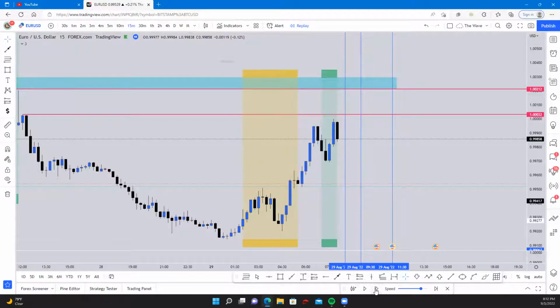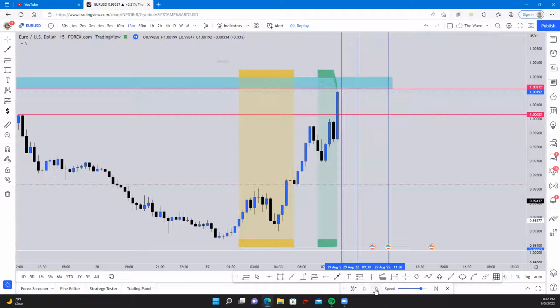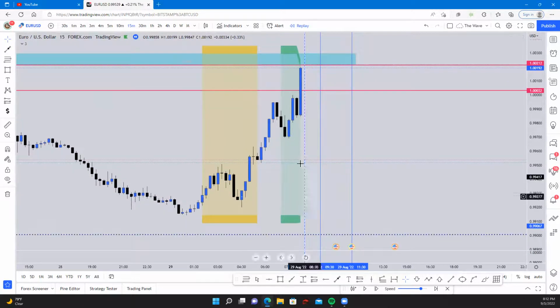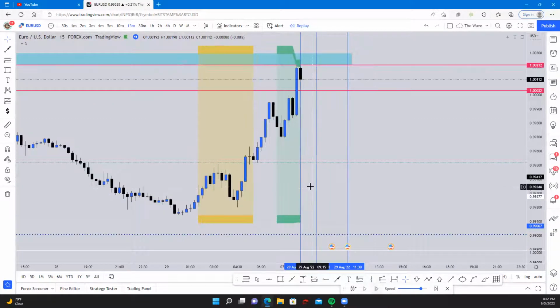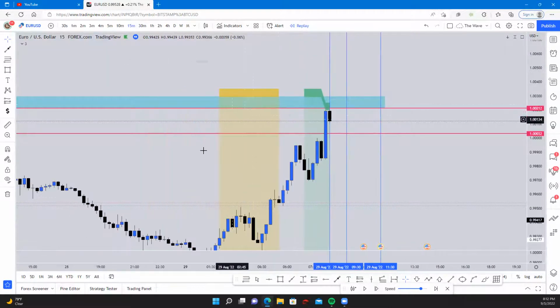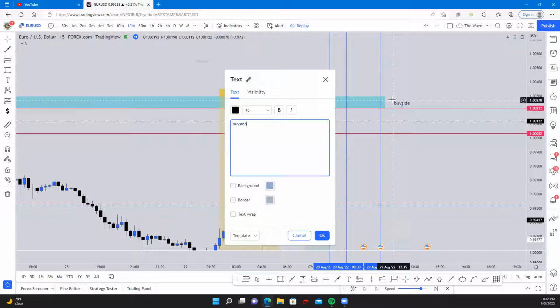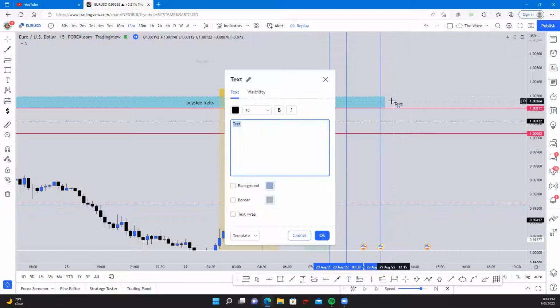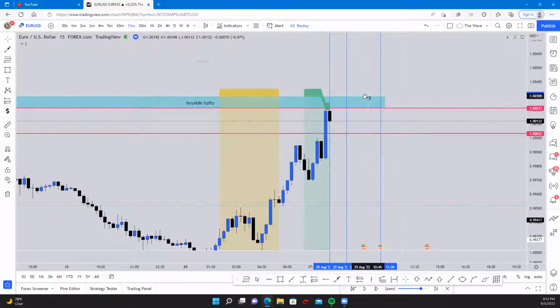So if we move forward in time, I see here at 9:30, we take out this buy side liquidity here, and also tap into this fair value gap here. So now we're going to hop down to the 5-minute,